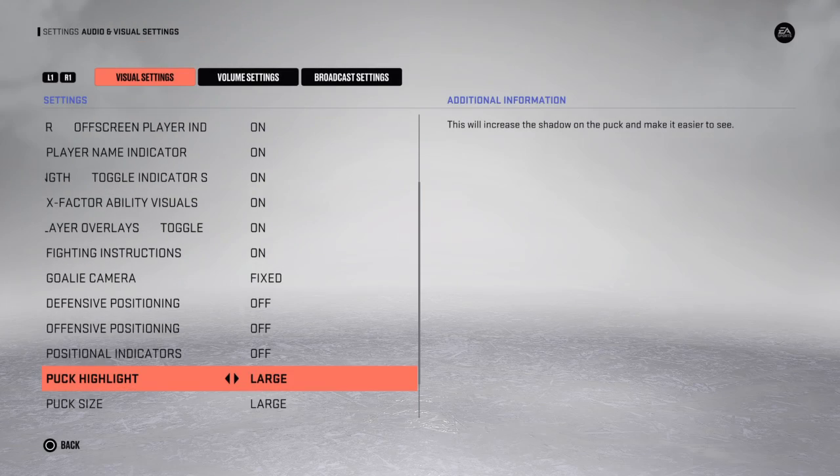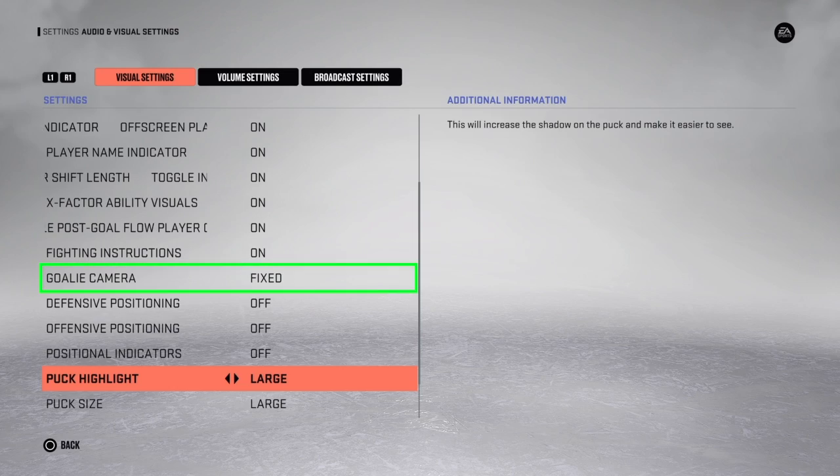Next, you want to head over to audio and visual settings, and on this page there are only 2 things you need to worry about. Firstly is puck size and puck highlight size. I like to have these both set to large as it just makes the puck easier to see. Next is your camera angle, and for this setting I'd really only recommend 3 different angles, which I'll go over